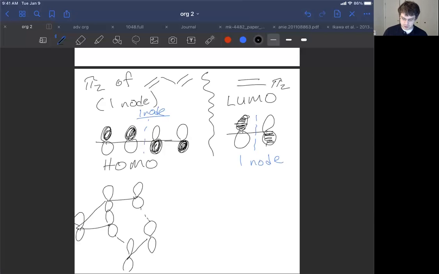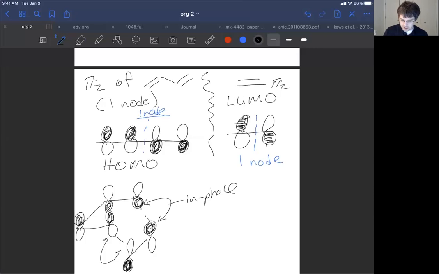Okay, so HOMO and LUMO. So the way I had this was I went shading up, shading down, shading down. That allows me to have my one node and still match the shading from the HOMO. I'm just kind of redrawing it with a three-dimensional perspective. Now I'm going to take the LUMO and I want to match the shading. So I'm going to go dark on this side and light on top on the opposite side. That allows me to have in-phase overlap between these two lobes